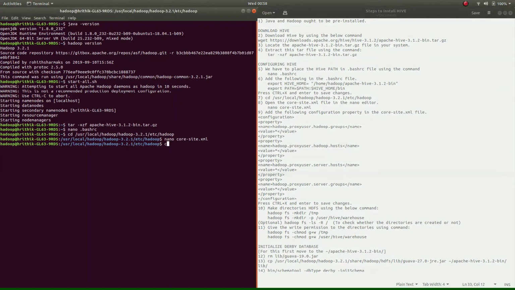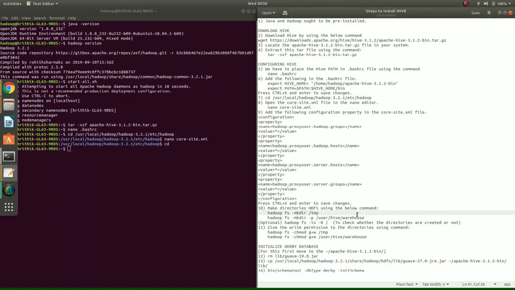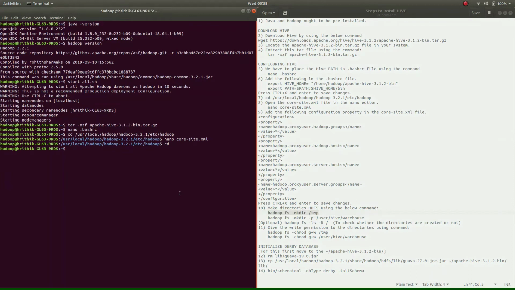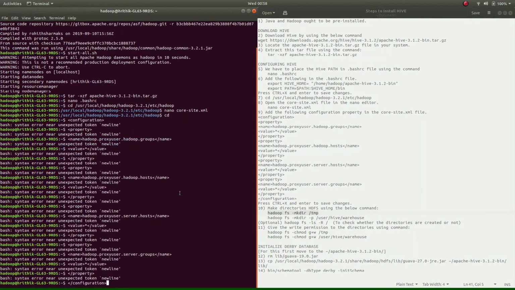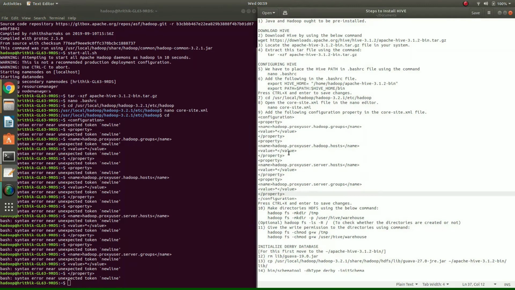Next we need to make directories in the HDFS file system. First you need to make the temporary directory. Oops, by mistake I copied this configuration.